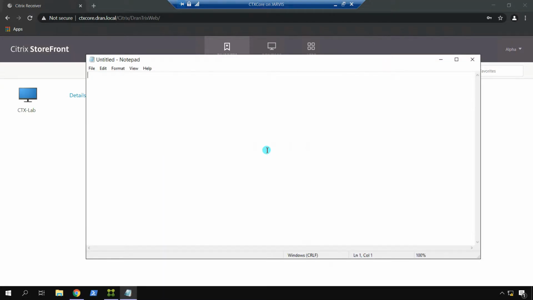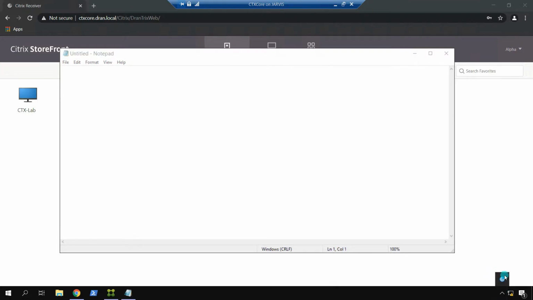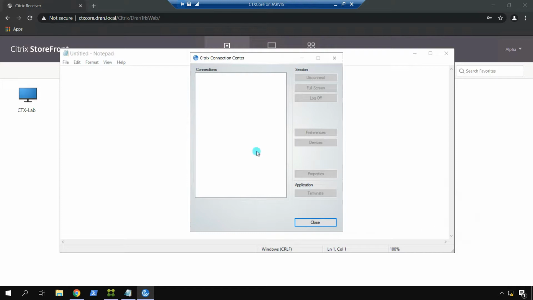Okay, finally the Notepad has been launched, and if we go to Citrix Workspace and Connection Center, you will see the active connection on the BDA server,